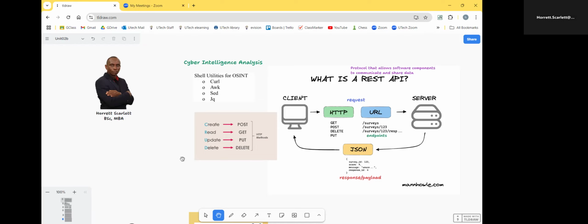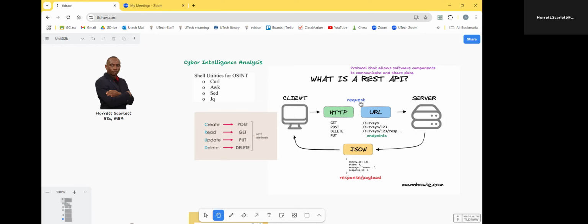In order to talk about all of this, though, we need to have an understanding of what an API is. The term API means Application Programmable Interface. And this is simply a protocol that allows software components to share data or communicate with each other. In the graphic here, there's some server that has some resources that we need to access as clients. And we are over here as the client. In order to get the information from the server, we are going to send a request.